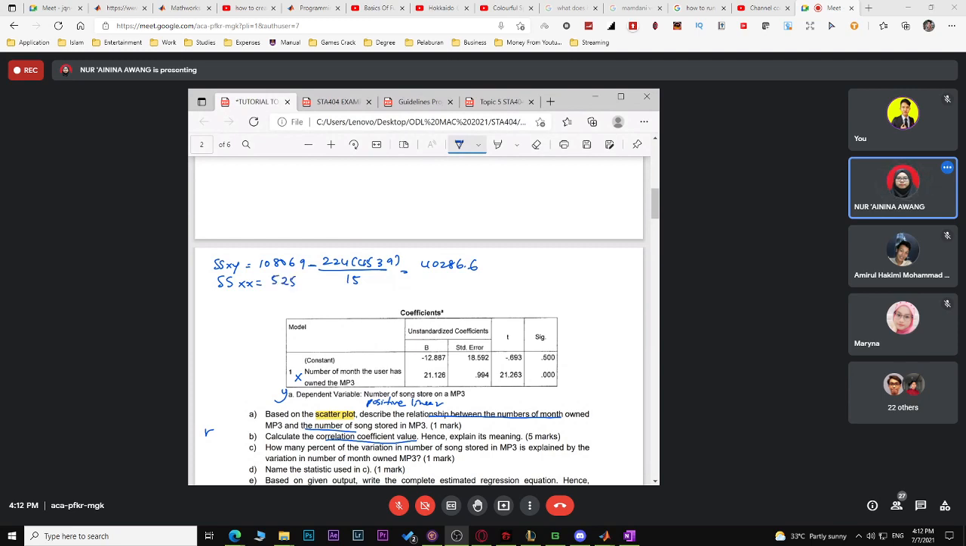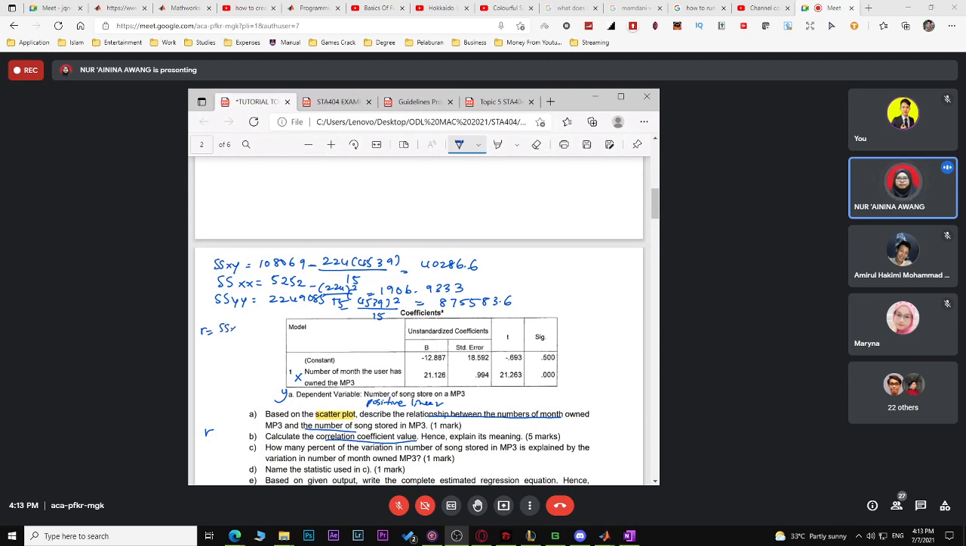Okay, so this is the value for your summation of x squared, and the last one is for yy. So this is your summation of y squared, and then this is your summation of y, squared over 15. Okay, so later you will get the value 875583.6. Okay, so this is the value, and then you know that to find the value for your r, the